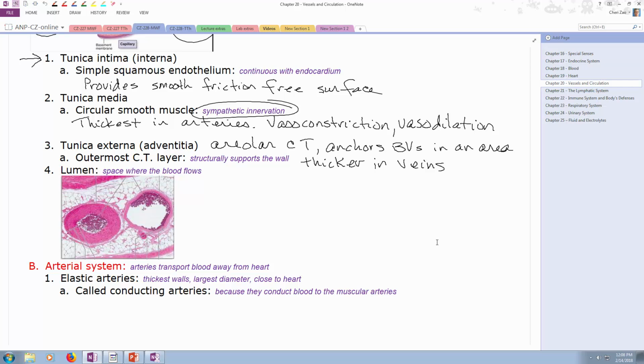Our notes say space where the blood flows, and just based on this histology picture, it's easy to pick out the artery and to pick out the vein. Here is our artery, and here is our vein. Larger lumen,